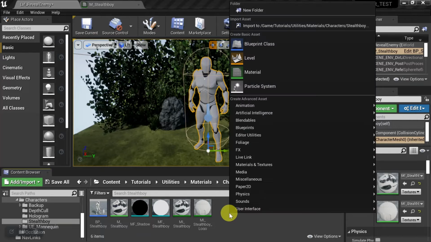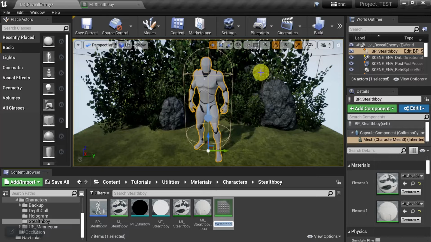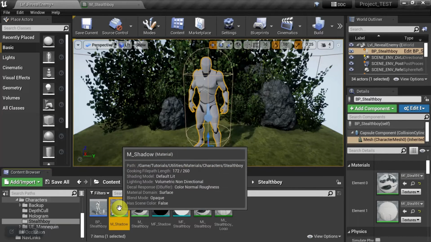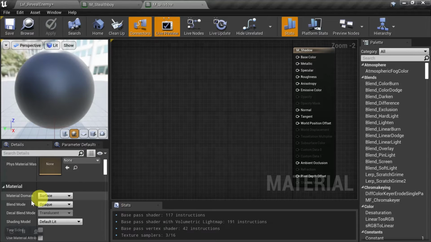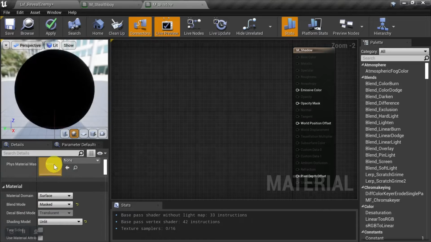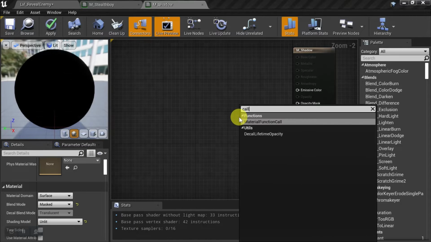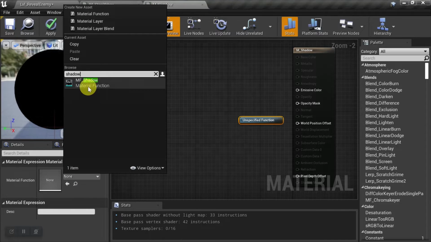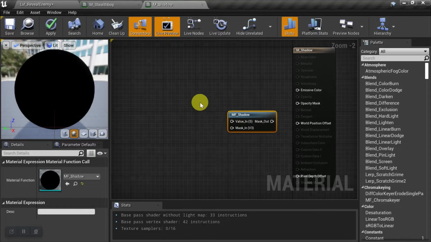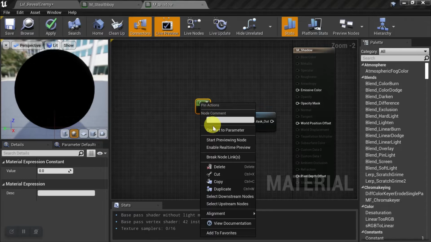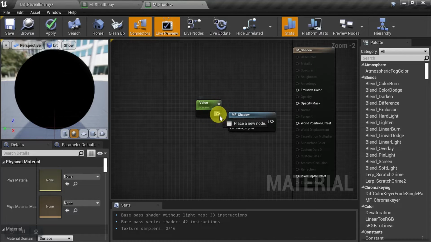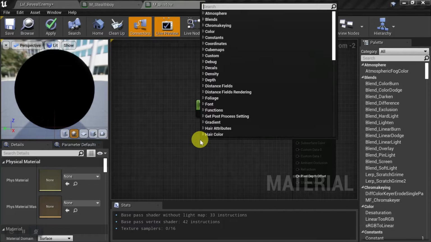Okay, and then let's come down and we'll create a new material, and I'll call this m_shadow, and let's go ahead and open it up. Okay, let's come down and we'll choose the blend mode as masked, and we'll change the shading model to unlit, and then let's call in our new function, and it was called shadow, and then let's get a single constant, and we'll convert it to a parameter, and we'll just call this value, and let's go ahead and plug that in, and then we'll get a texture sample,